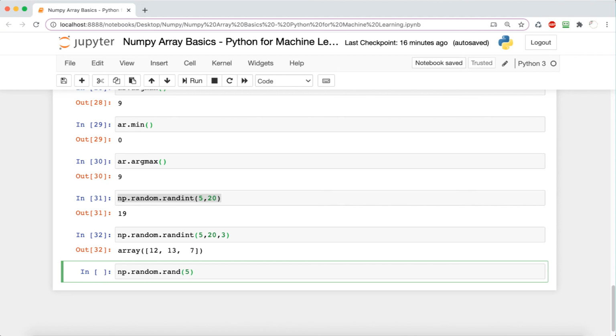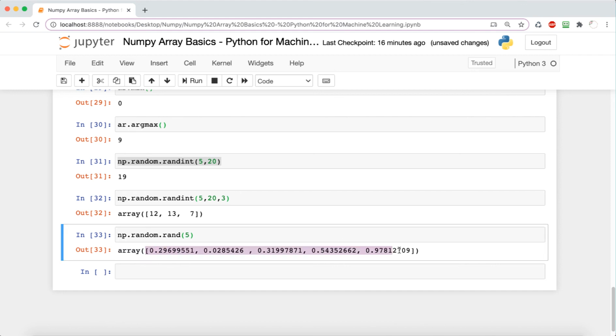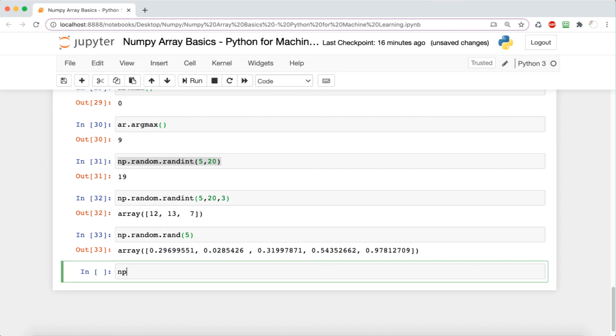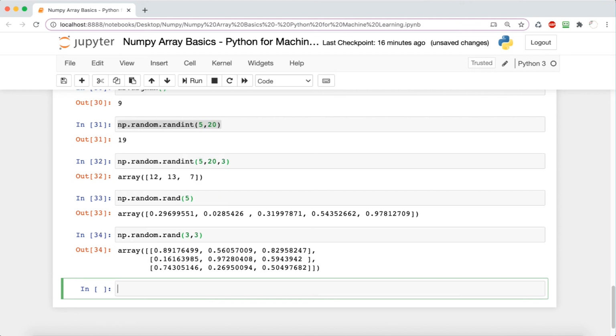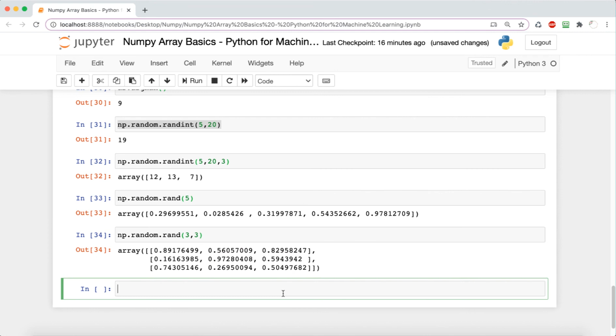Now we're going to look at just rand. What this does is it outputs an array with length, whatever you specify in your parameter, of values between 0 and 1. They're all going to be decimals between 0 and 1. Similar to this, we have np.random.rand with 2 parameters, which is the same concept but a multi-dimensional array.